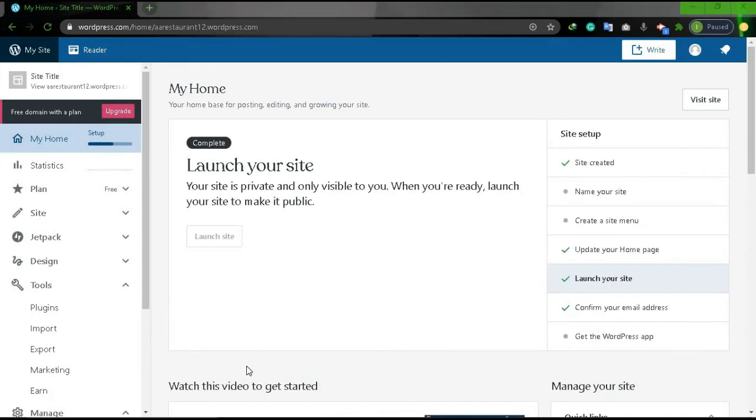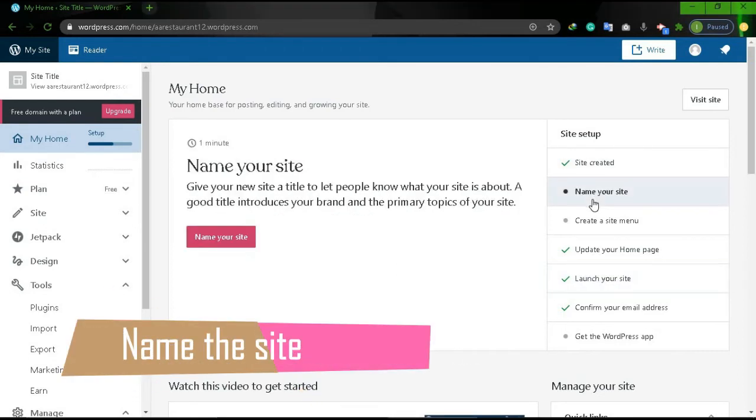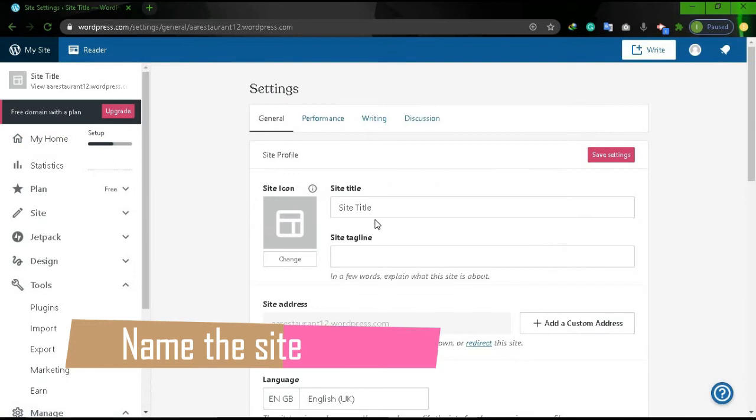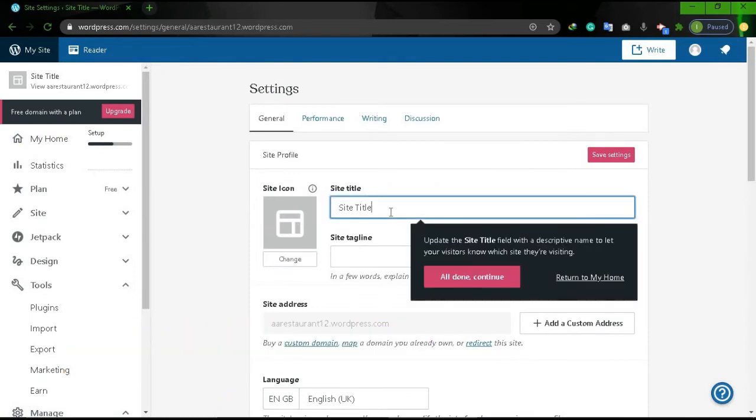After launching your site, click on name your site. Add the name of your website.